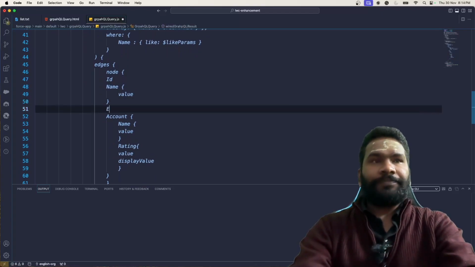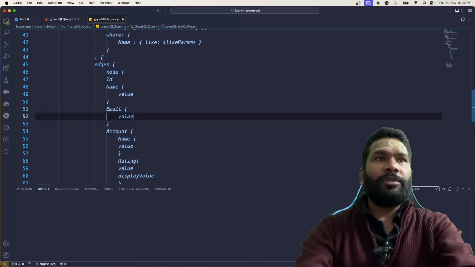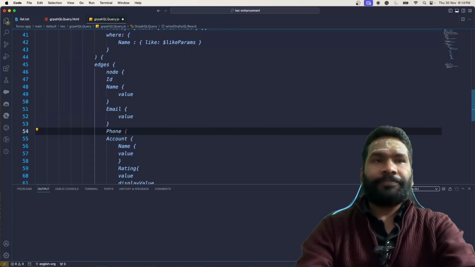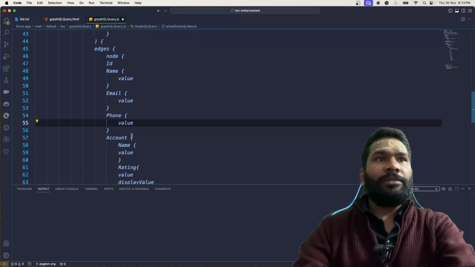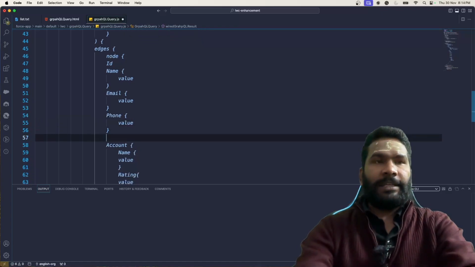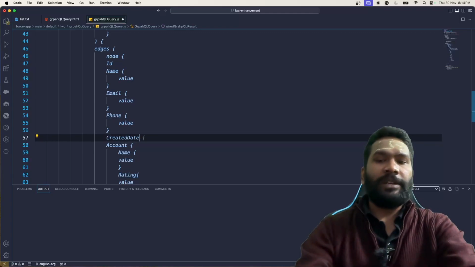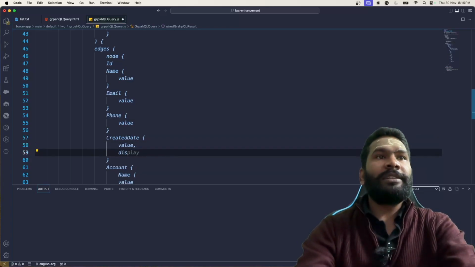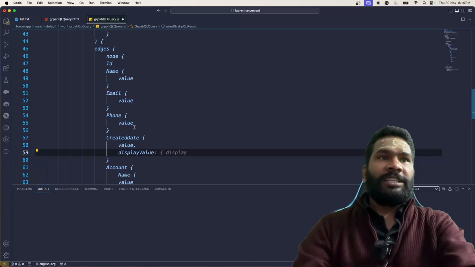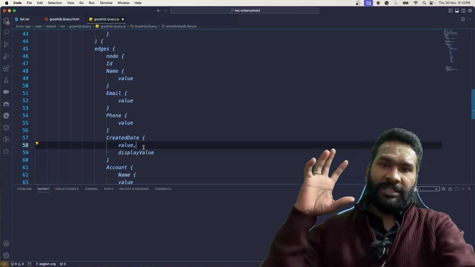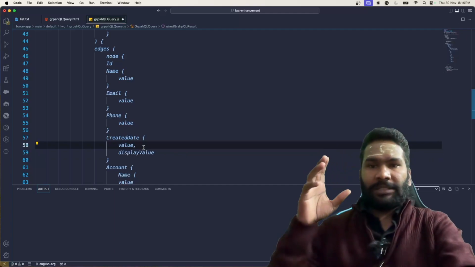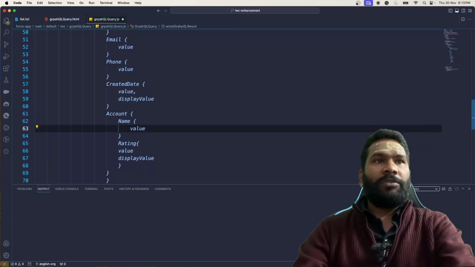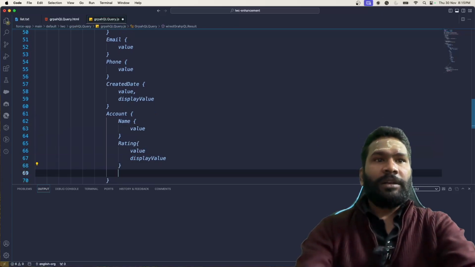So let's add email. We only need value. Then we want the phone of the contact. Then we will add value, and then created date. Created date is another field that we want to display here, and it will have value and display value. Display value gives you the information like the date, time, and then AM and PM with that. Then under account we have account name, account rating, let's say